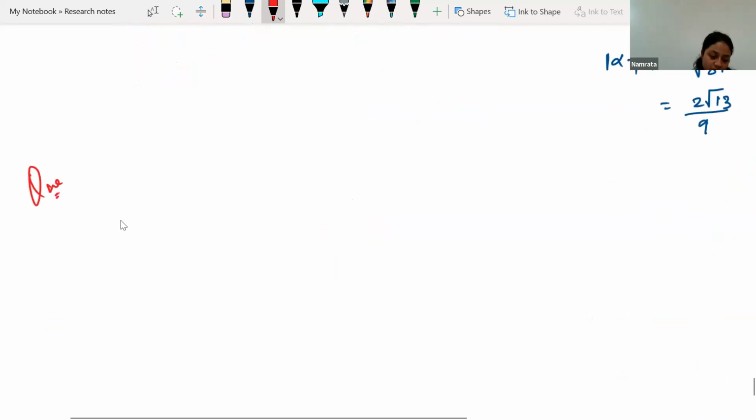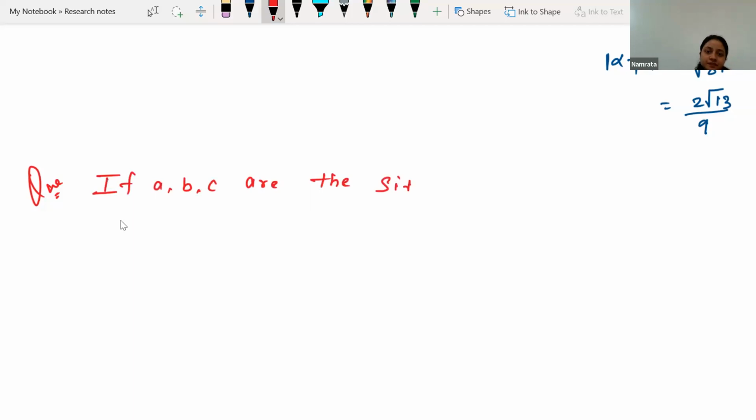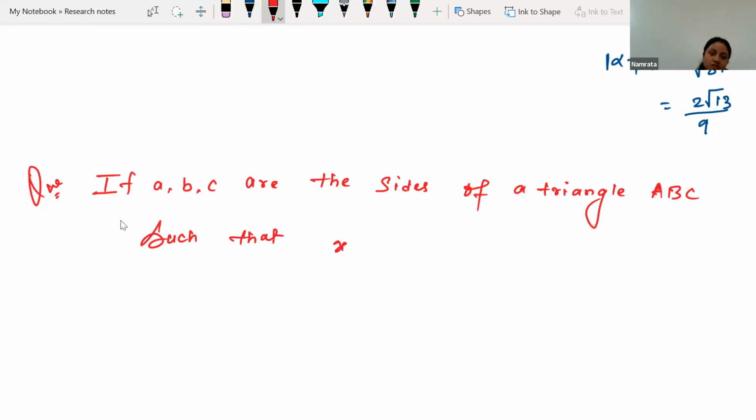So the next question says if a, b, c are the sides of a triangle ABC such that x square minus twice (a plus b plus c) x plus 3 lambda (ab plus bc plus ca) is equal to 0 has real roots,